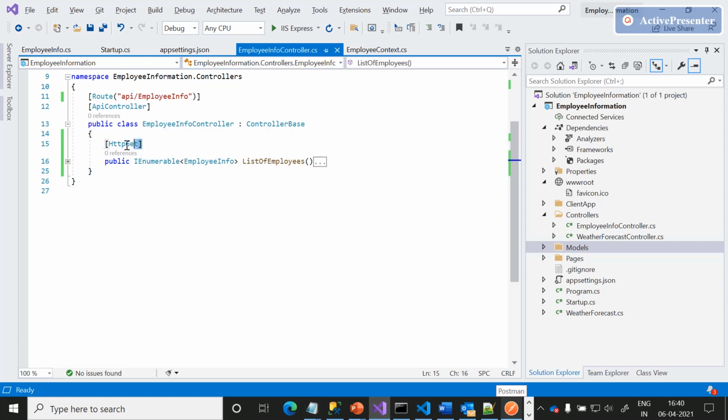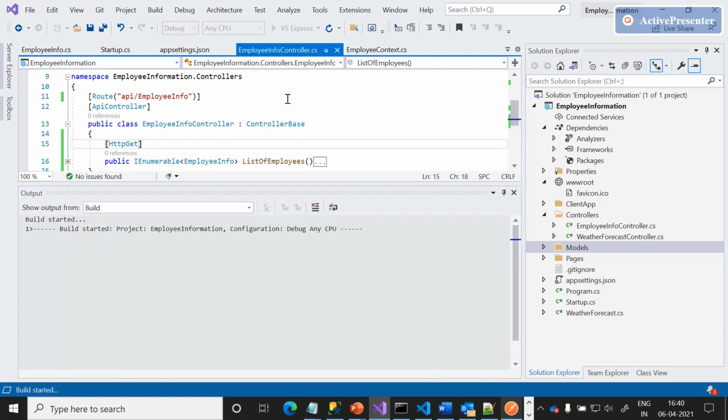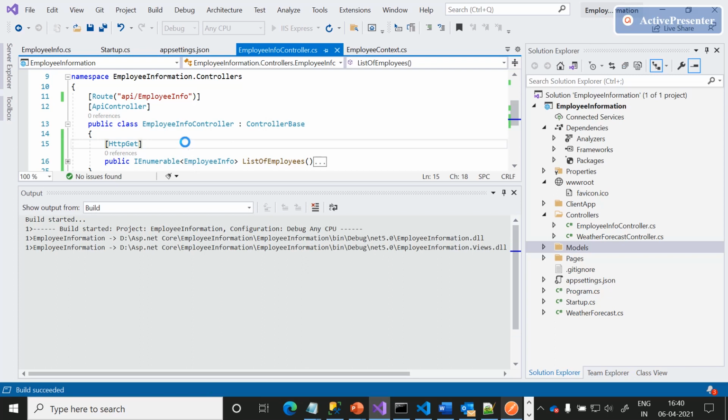This is our existing endpoint, which will return the list of existing employees in our database. Let me just run this application. It will take a couple of minutes to build the application. The first time, loading the application and showing it in the browser takes a long time compared with the consecutive requests. We'll wait a couple of seconds so that the application gets started. Meanwhile, let me open Postman.